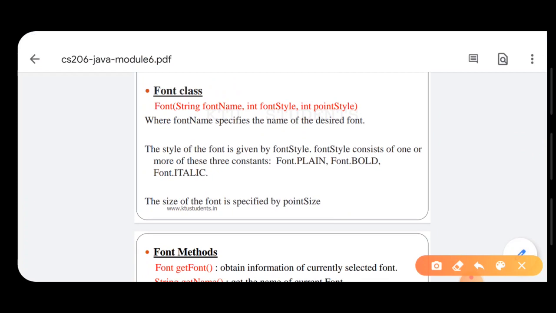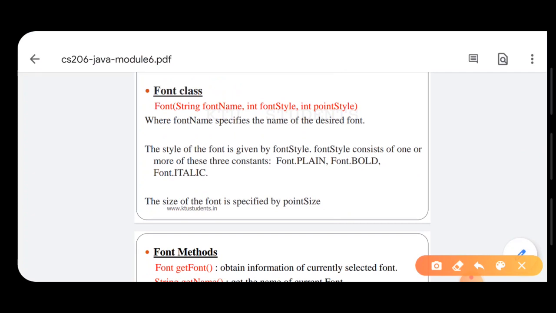Next one is font class. We already said that if we want to insert some string on our window, we can apply the font size and font style which we want to display on the screen.